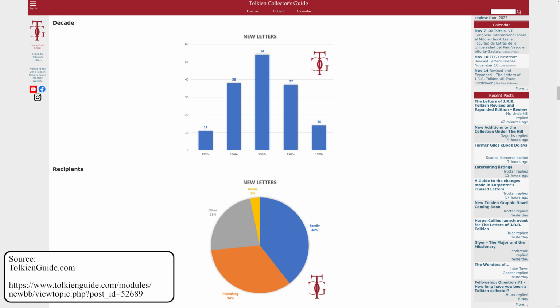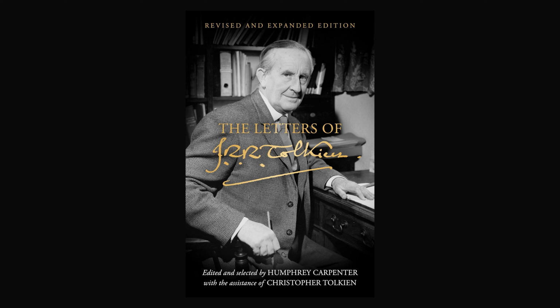This is also reflected by this little graph we find on the Tolkien Guide review. And as a result, the content of these letters is often more related to Tolkien's biography. So if you want to learn more about Tolkien as a person, and maybe also how the books came to be published and what troubles Tolkien had to deal with in this time in his life, then these letters are